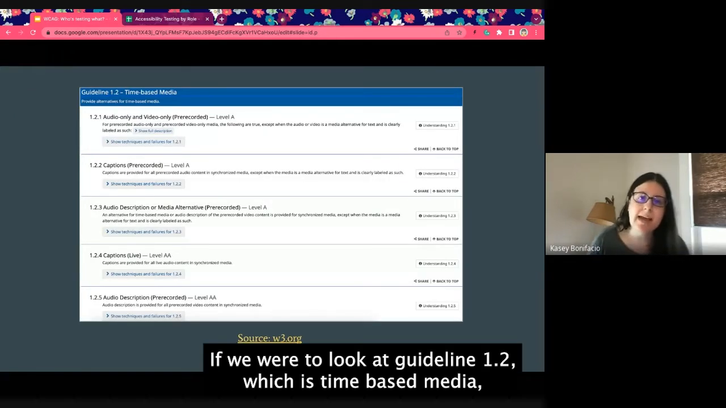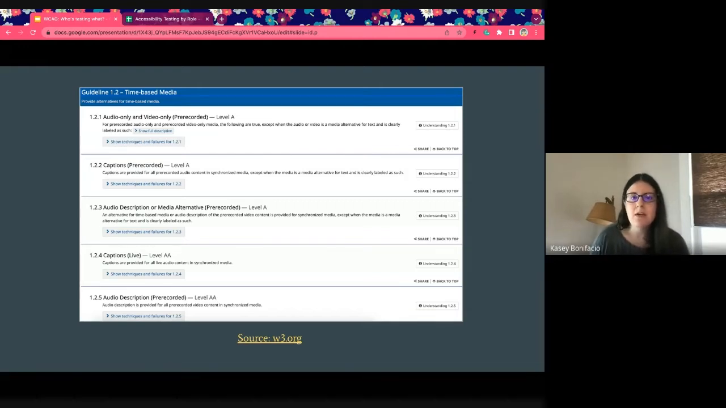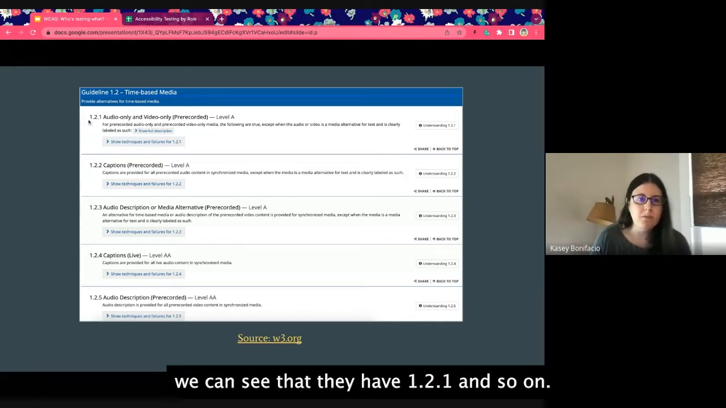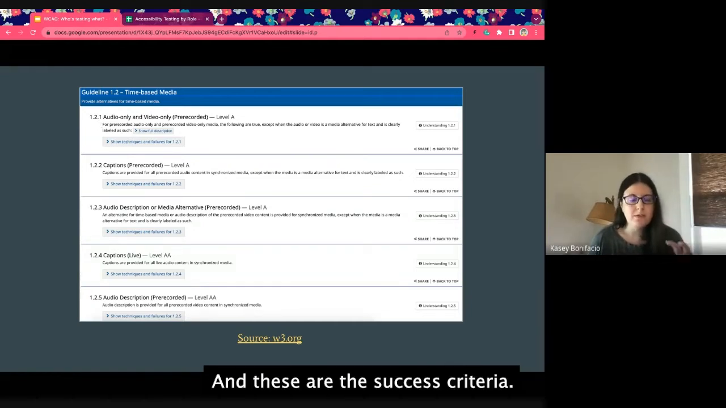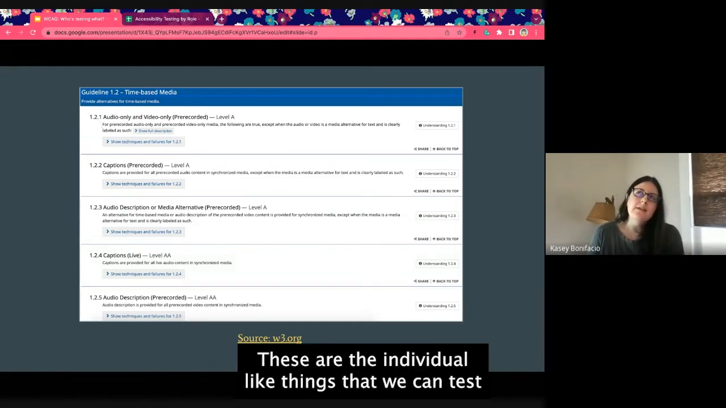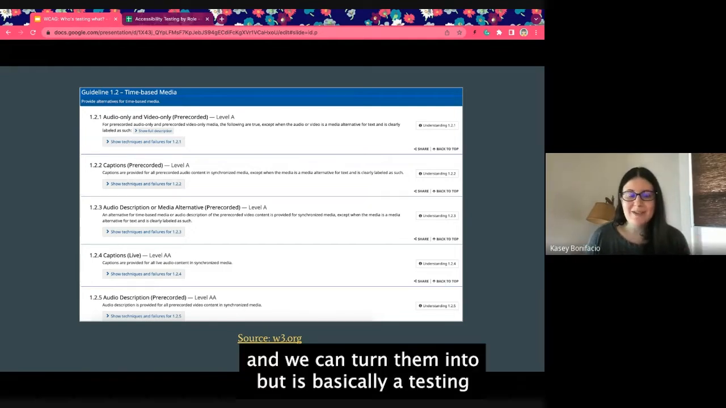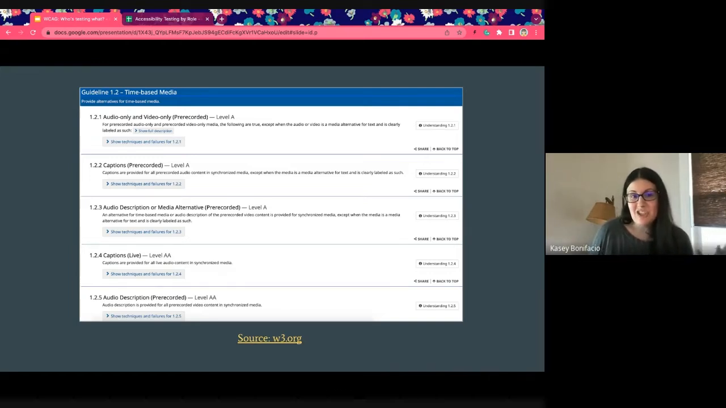If we were to look at guideline 1.2, which is time-based media, we can see that they have 1.2.1 and so on, and these are the success criteria. These are the individual things that we can test, and we can turn them into what is basically a testing checklist,